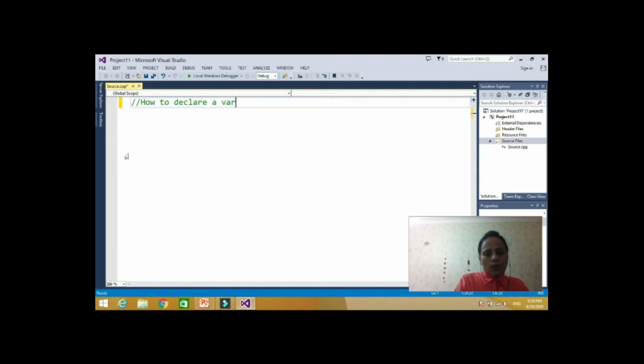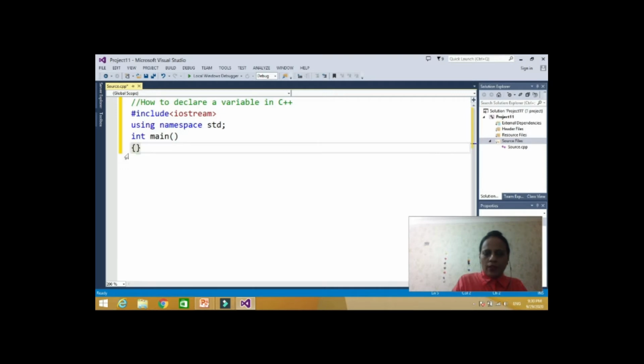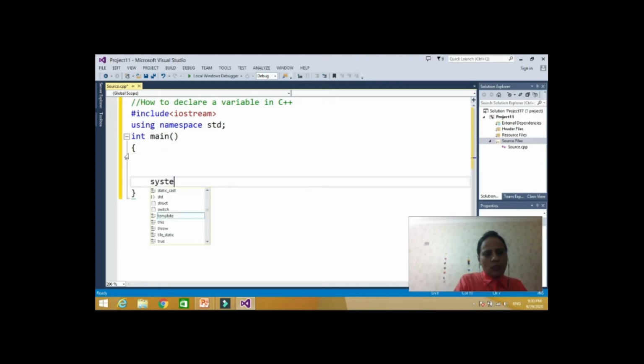a variable in C++. So let's start with the usual things: #include <iostream>, using namespace std, int main, and then system pause and return 0.